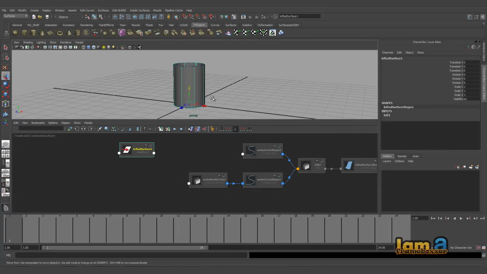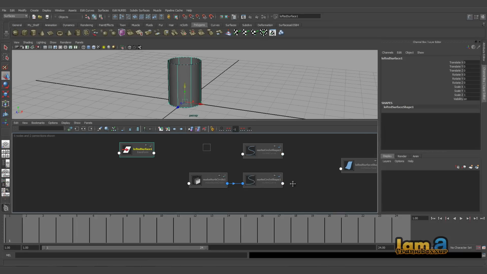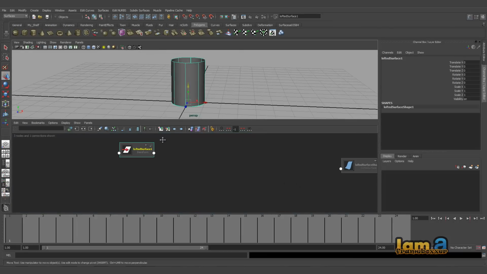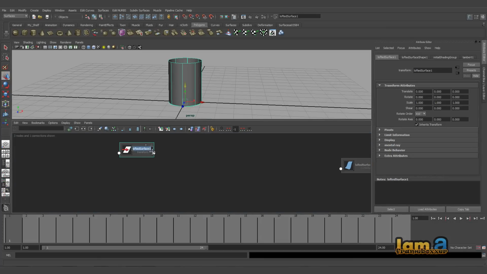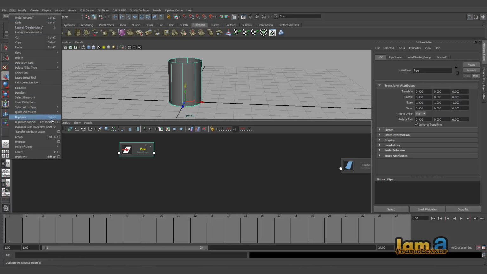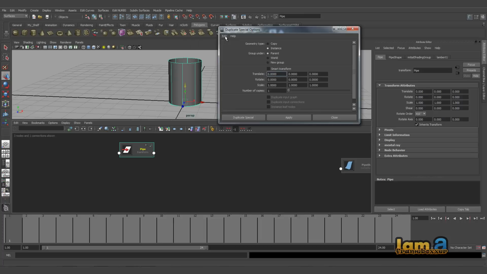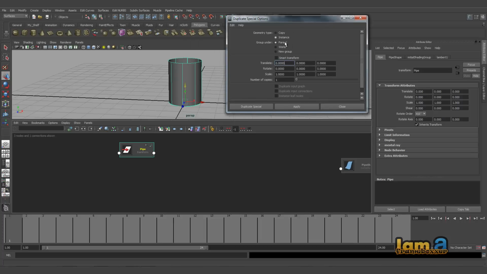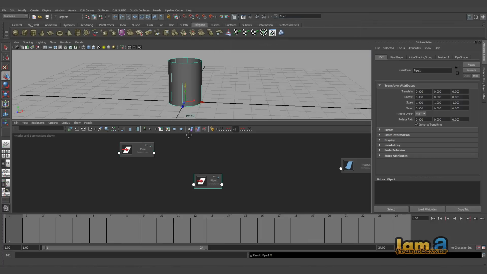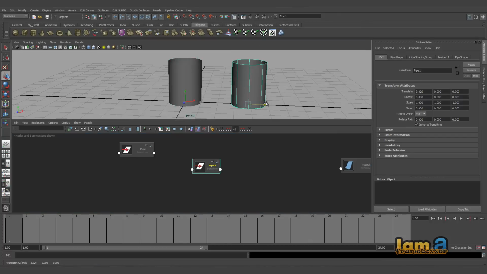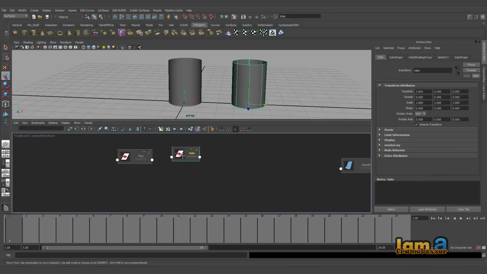So the moment you go and choose this one, let's get rid of history, delete by type, history. And probably the circles, we don't need them anymore. Let's get rid of the circles and you have only the surface. Let's rename this one to a pipe, and let's take a copy of this. So let's go to Edit, Duplicate Special option box here, reset my settings, and go to instance, take a copy of this. You have this now here. Let's take this outside and let's rename this tube. So you have this pipe and you have this tube here.